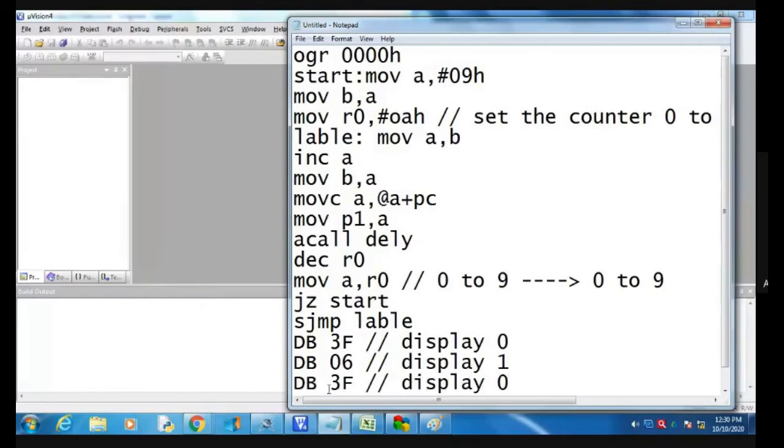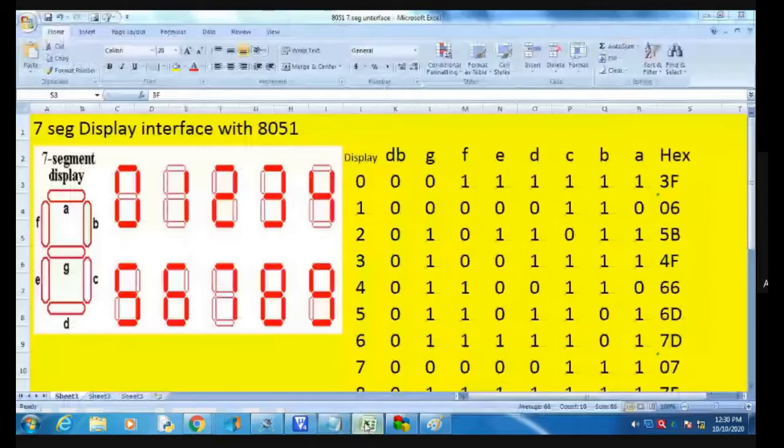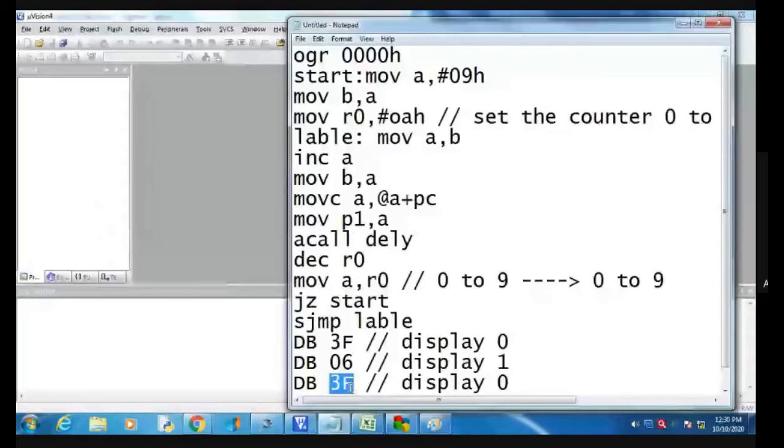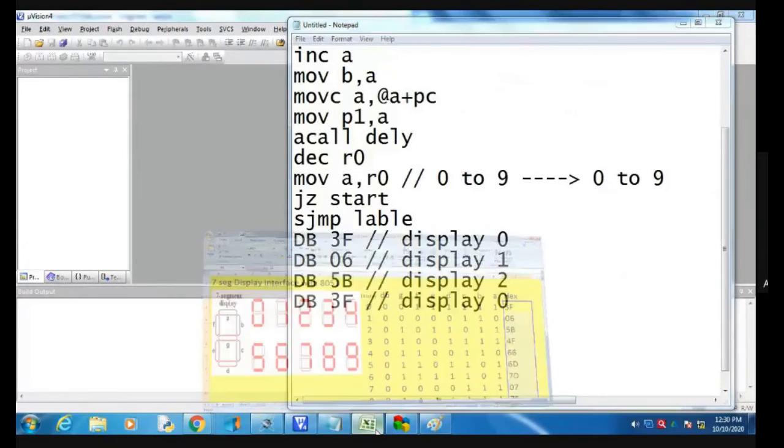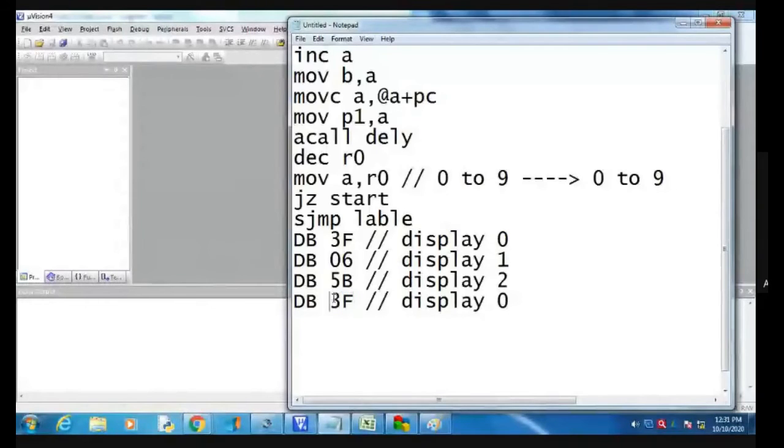The next value is 5B, 5 and B. It is considered for display 2. The next is 4F, 4F, very good, 4F for display 3.